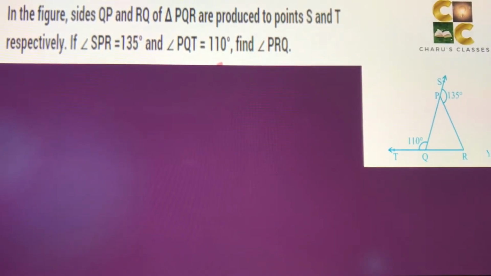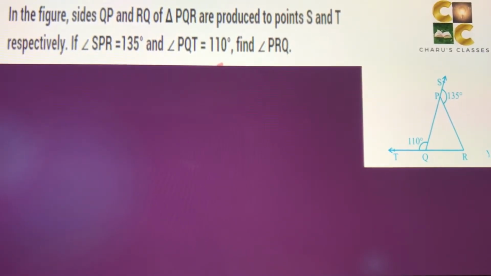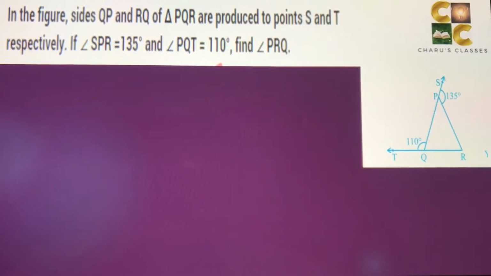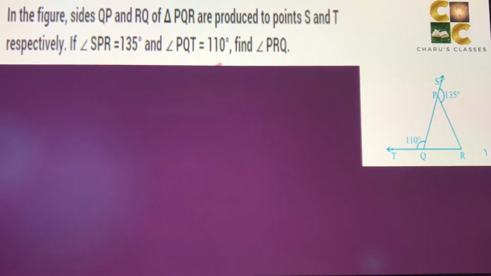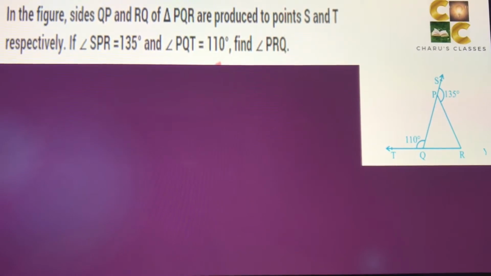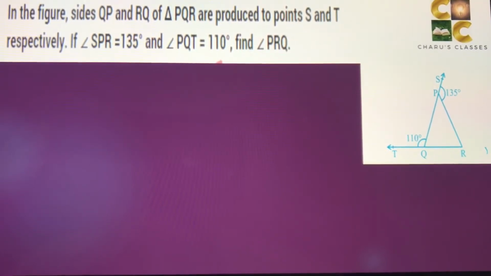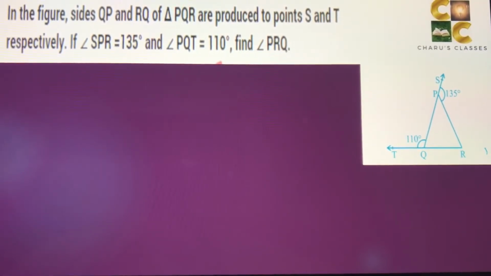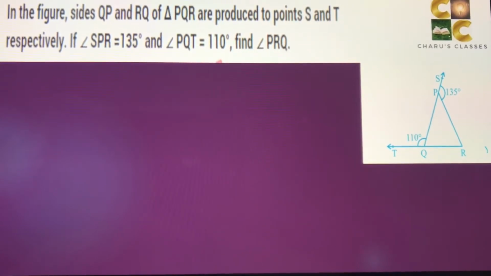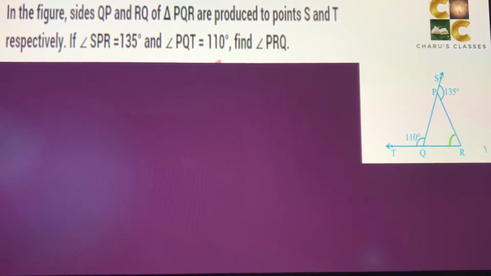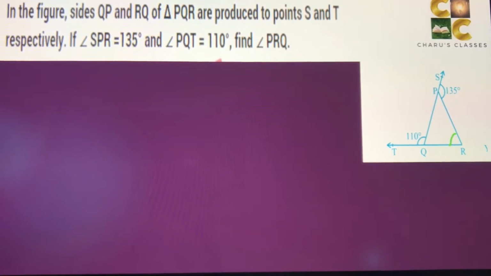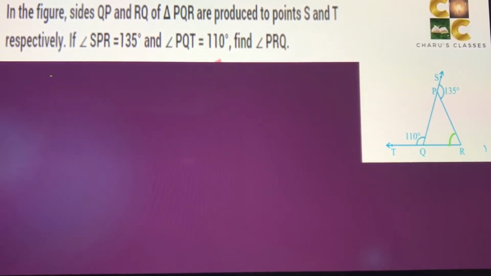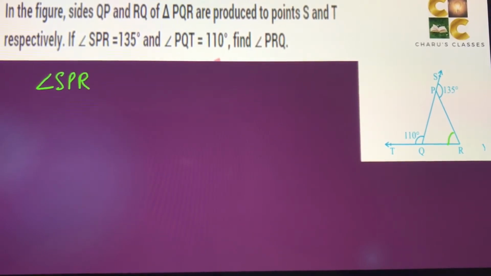Question number 1. In the figure, sides QP and RQ of a triangle PQR are produced to points S and T respectively. If angle SPR is 135 degrees and angle PQT is 110 degrees, find angle PRQ. So angle PRQ, this is the angle that we are looking for. So first, if we talk of angle SPR,